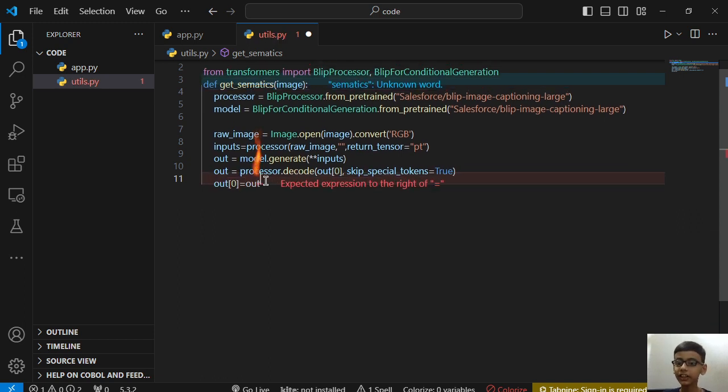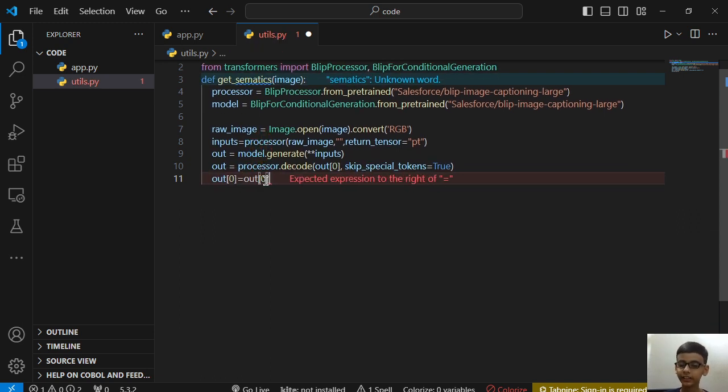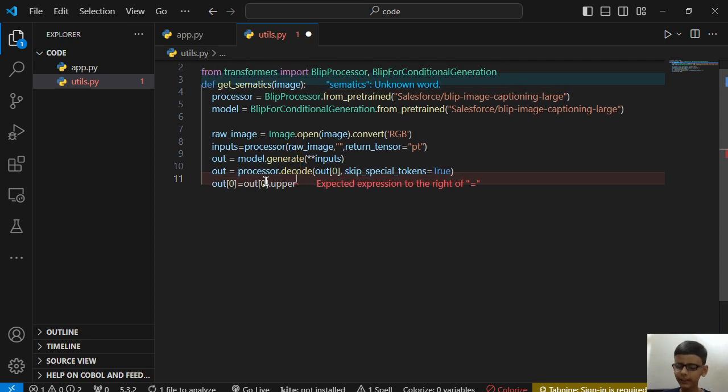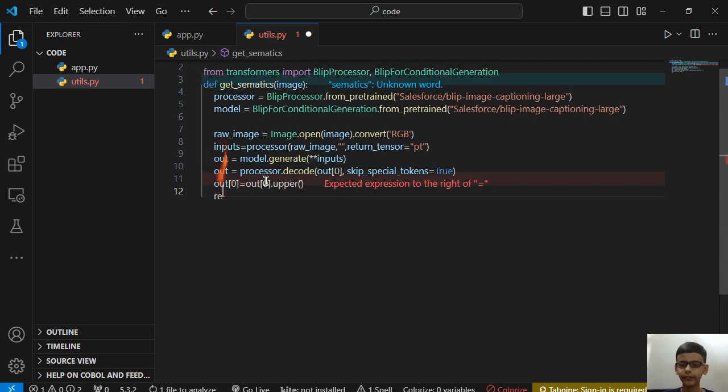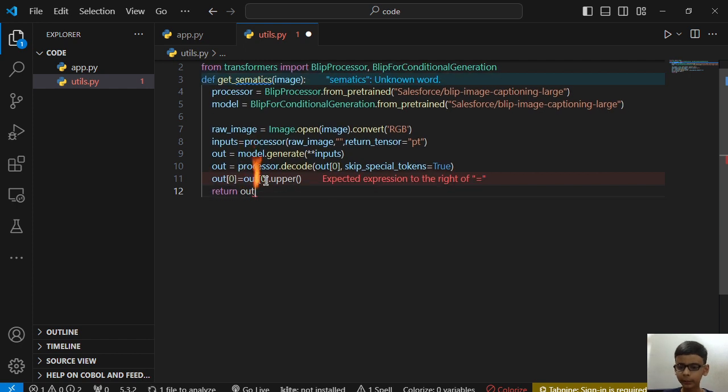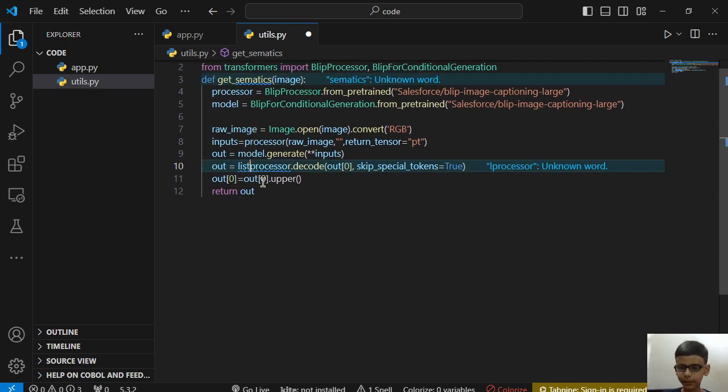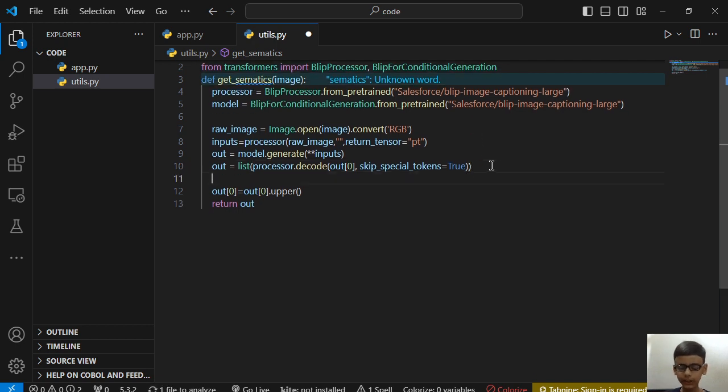We want its first letter to be capital, so that's why I am doing it like this. And then we can simply return out. But this will not work, because a tuple does not allow string assignments. So we will firstly convert this into a list. Then after this we can